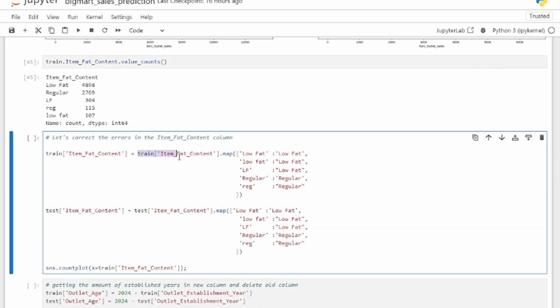First I'm selecting my column, and after that using this map function I can change the names of it. You can see I'm converting this low fat to the low fat itself, and this one to the low fat, and LF to low fat, and I'm doing the same for regular also. These steps are repeated for the test variable also. And after that I'm plotting a